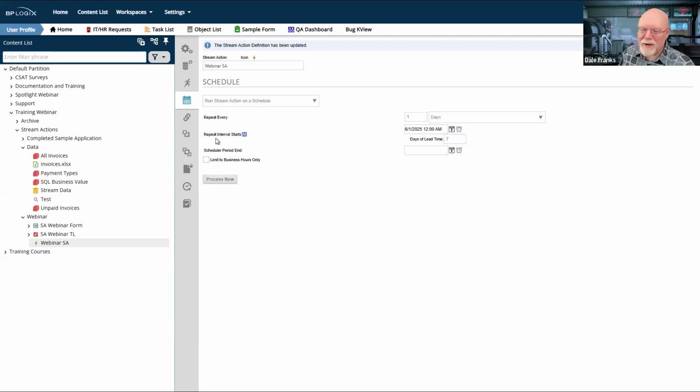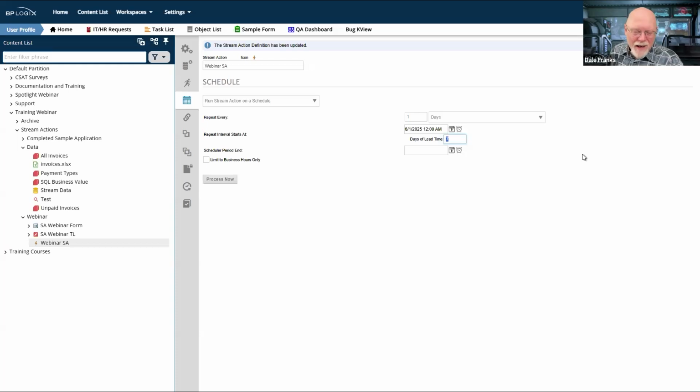But you can only have one label per control. And so what we have chosen to do is call this days of lead time. So this is my start, 6/1/2025, but I really want it to be done by 6/1/2025. So I'm going to drop in 7 days of lead time. So it actually starts 7 days earlier.